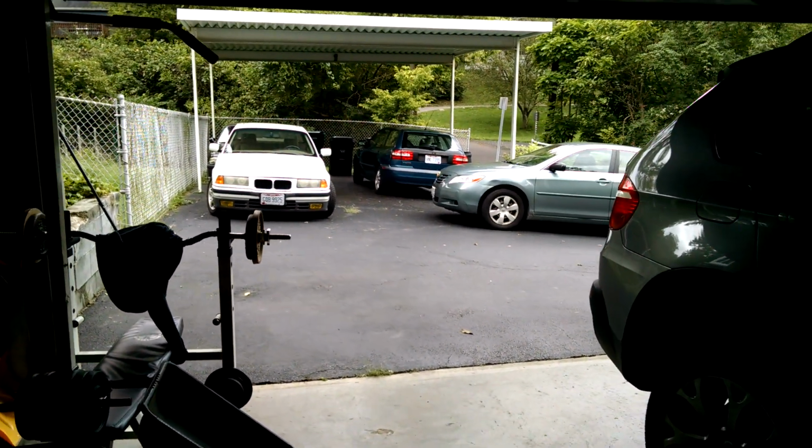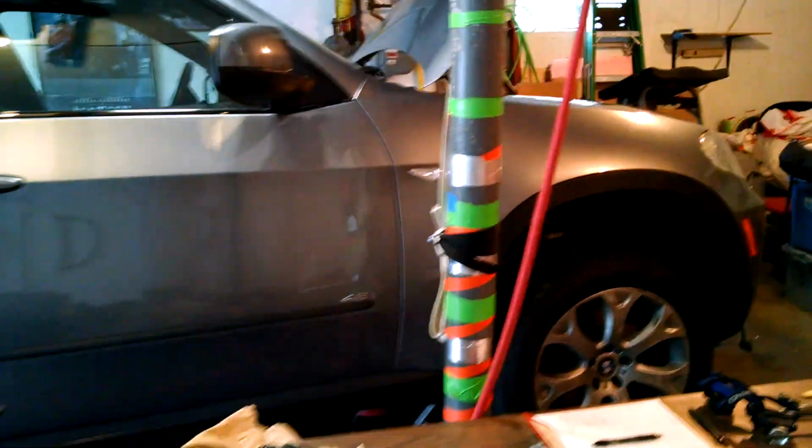325, and so I got the job of putting new valve cover gaskets on. It's a really big job. I'm not done yet. Some of the sticking points,